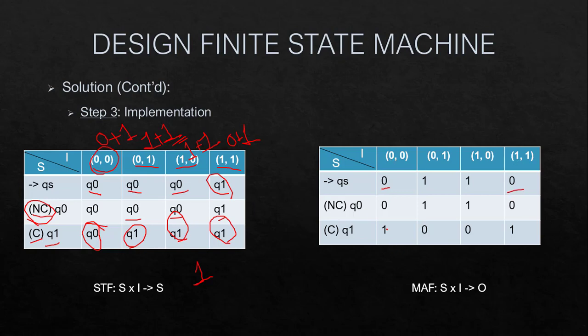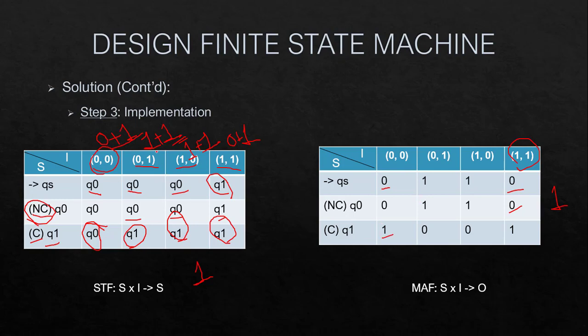Then 0, 0 again 0, 1, 1 and 0. Since 1 and 1 when added in binary, it creates 0 as the output and 1 gets carry forwarded. From Q1, when 0, 0 is added, as we have seen here, we again need to add a 1. So here 1 will be added.